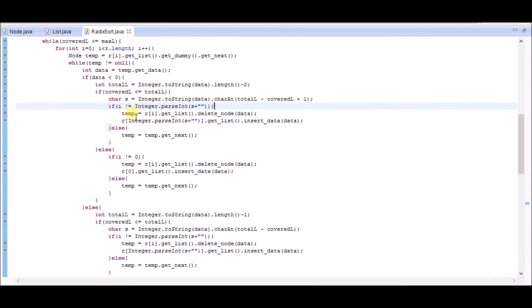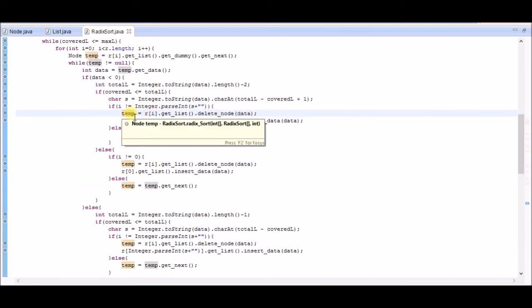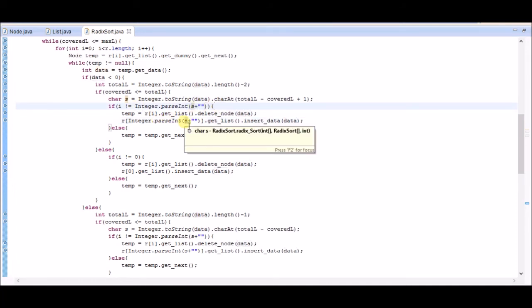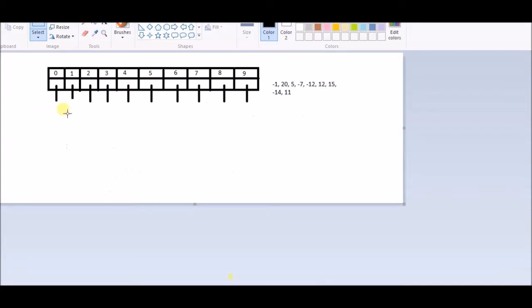So this one returns the pointer, this one then points to the next of the deleting node, and then we insert the data into the index that we want the data to be. So if we are deleting negative 10,